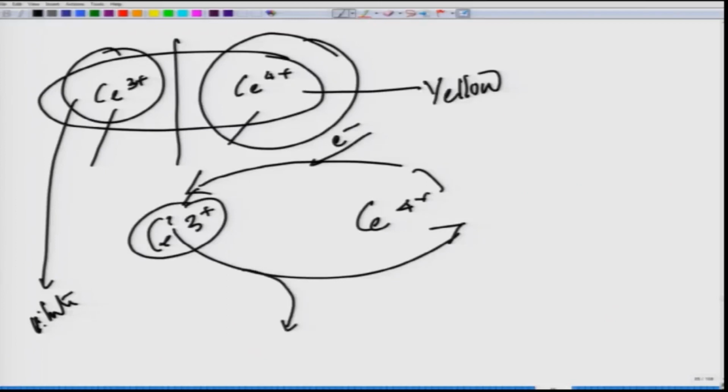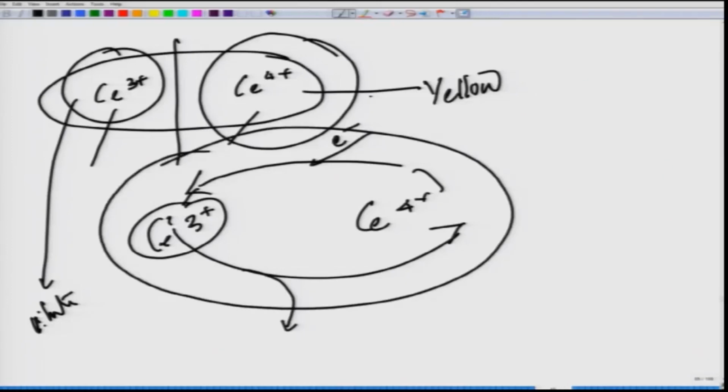So, you can actually use this cerium assembly to see the change in color to figure out how much electron is being transmitted, and if you connect it to a voltmeter, you can actually calculate the potential. So, Ce4 plus plus electron making Ce3 plus, and there are different potentials which could be measured using it. Similarly, oxidation with potassium dichromate, and then you have another one where you have a lot of sensors